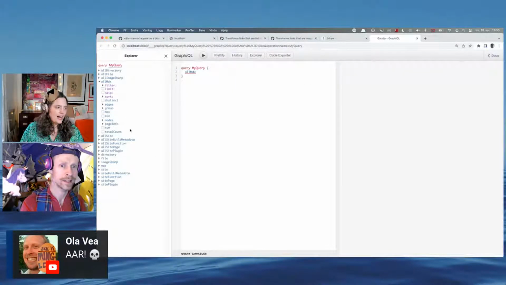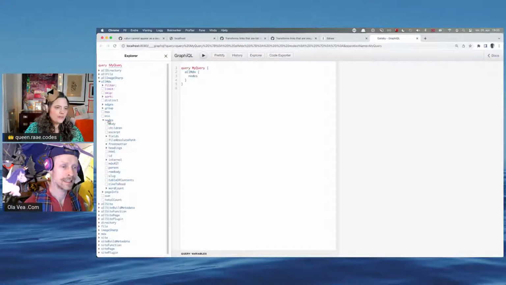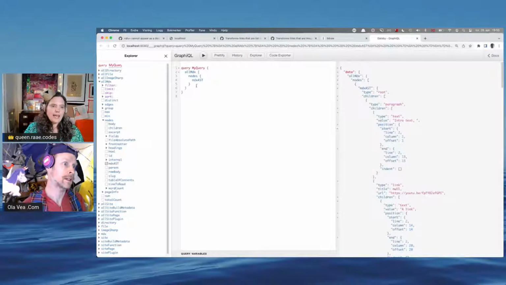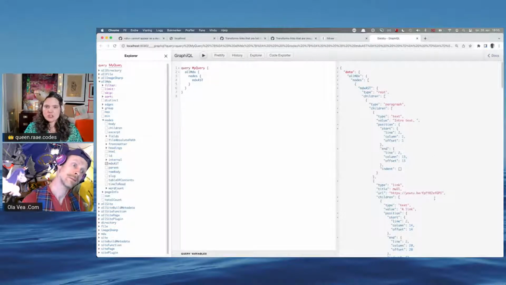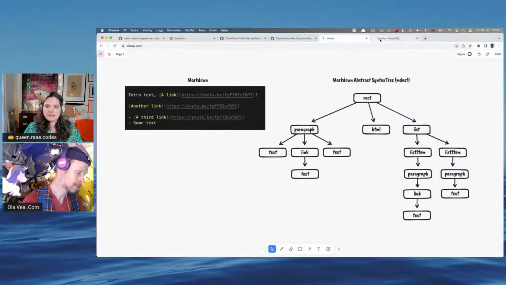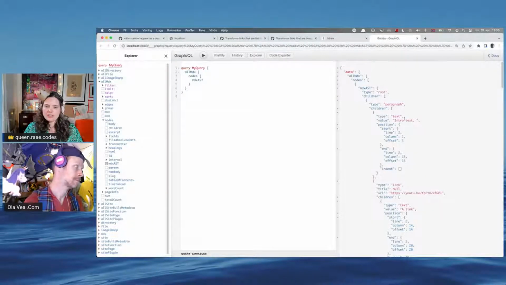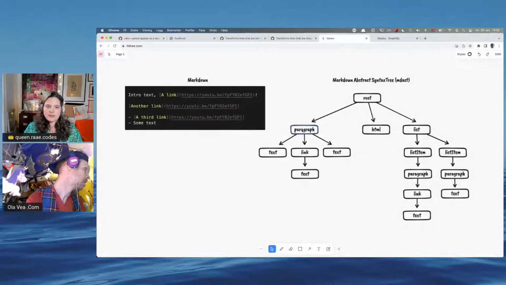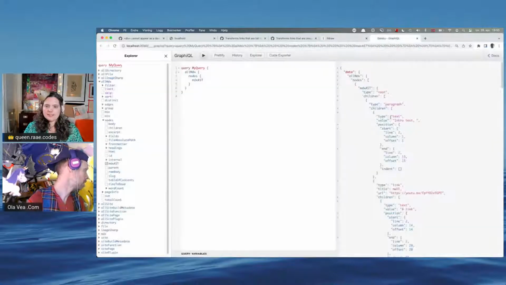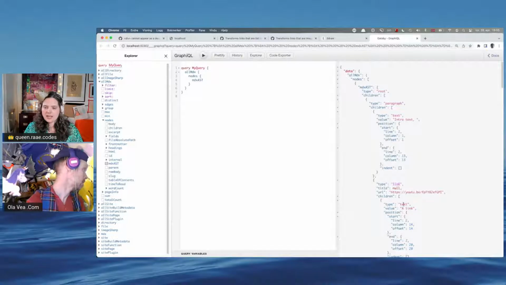Now we're actually in Markdown or in MDX land. If we look at this, they have an HTML option as well, but you can look at this MDX AST here, or it would be MD AST when we're in Markdown land. As you can see, this is the tree that I've drawn here. You have the paragraph with the text child and the link child. So that would be this: paragraph, text, link, text. It's got its children, text, link. And then that link has a child that's called text.